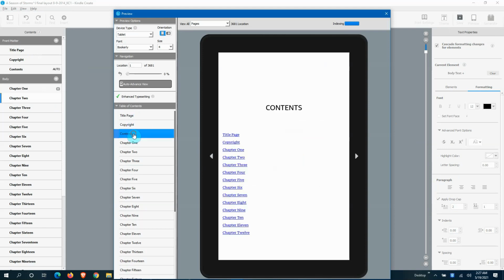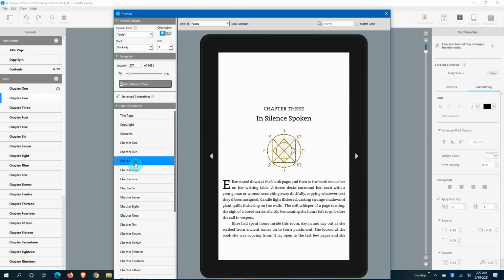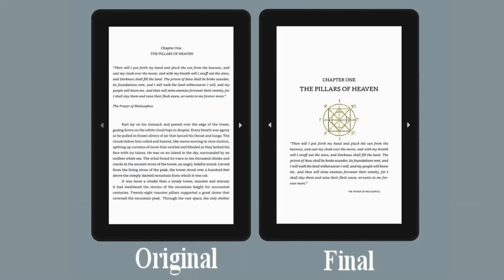So now when I go from contents, I go chapter 1, chapter 2, chapter 3, and you can see that it's consistent where that image stays. So you can give yourself some unique characteristics and flair to your book. Hopefully this takes you where you want to go and helps you get done what you want to do with your Amazon